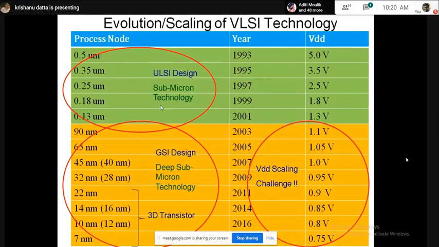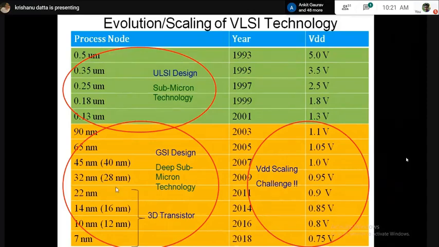If you see all these numbers, I have quoted up to 7 nanometer. The point is that these are not just random numbers to start with. There is a pattern, a relationship among these numbers. Can you guess the relationship of these numbers? There is a fantastic, magic number hidden in all these numbers. Any guess?